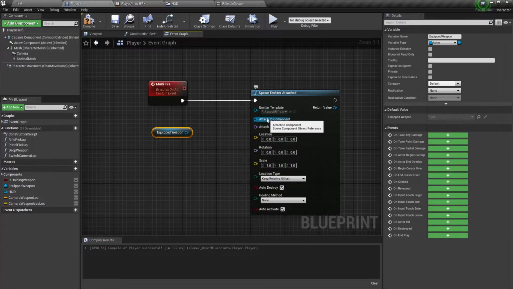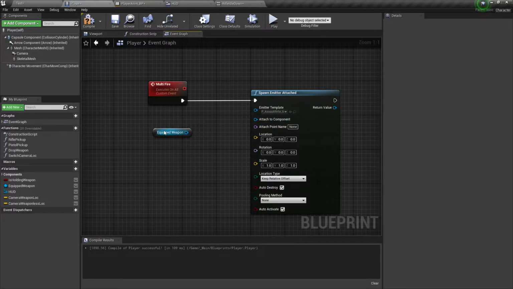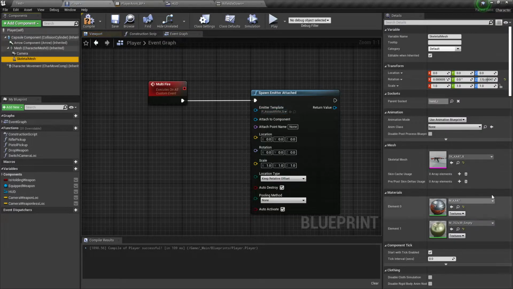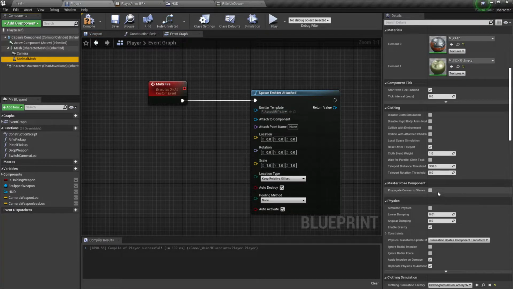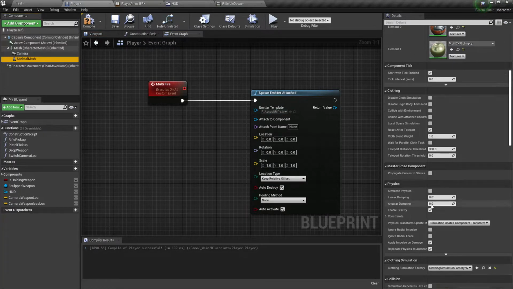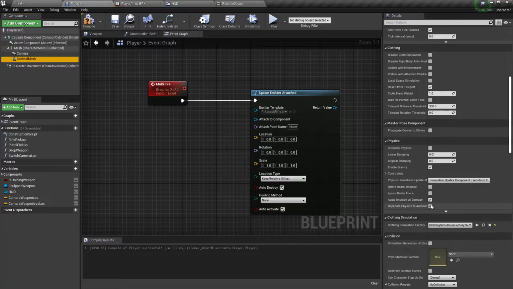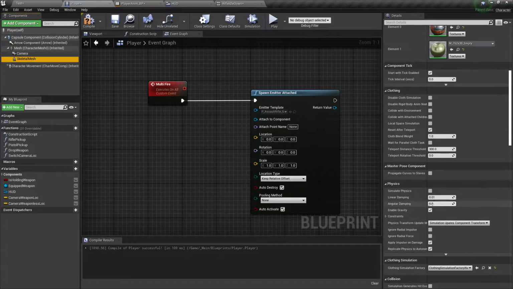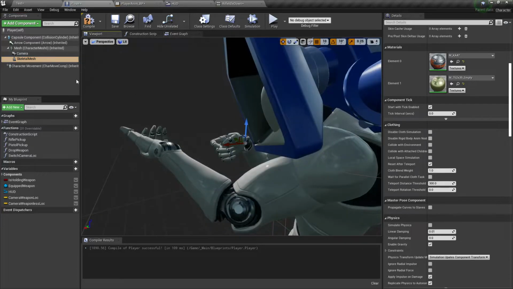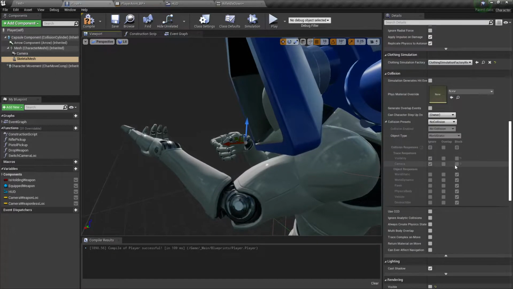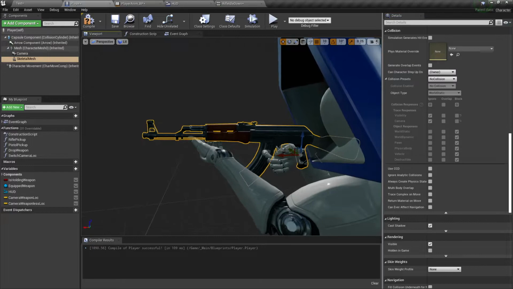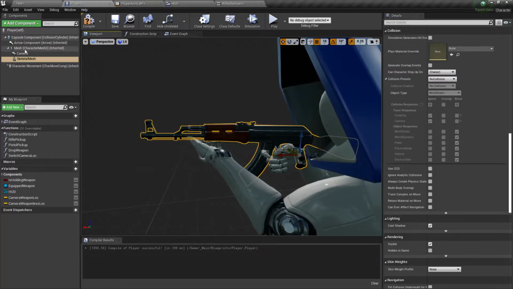Is this a component object reference? Okay. Since we have this skeletal mesh of the AK, let's make it visible really quick. Is it right here? And then we're gonna add